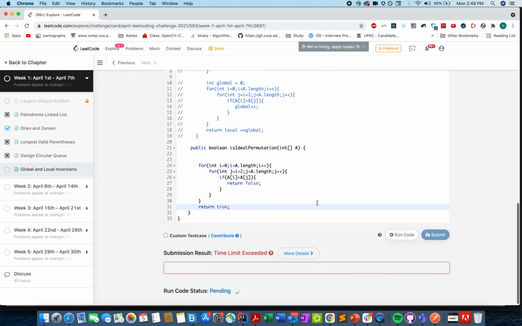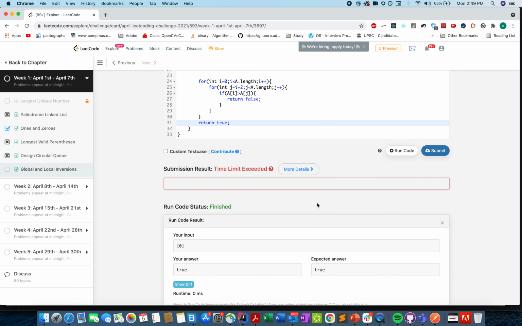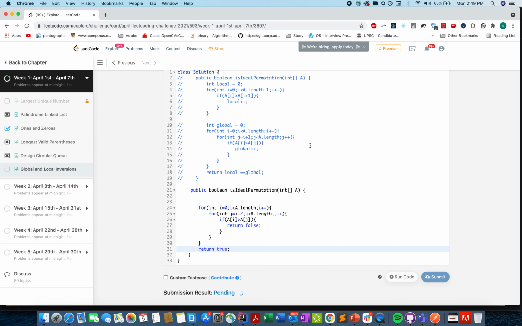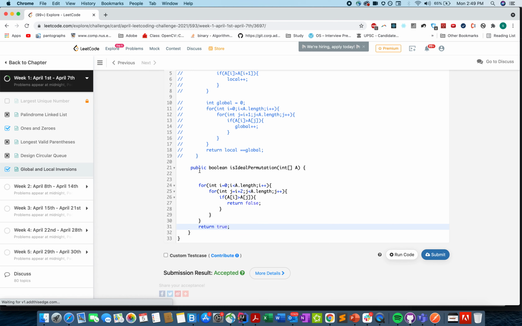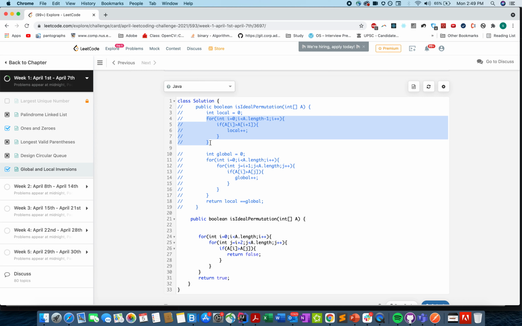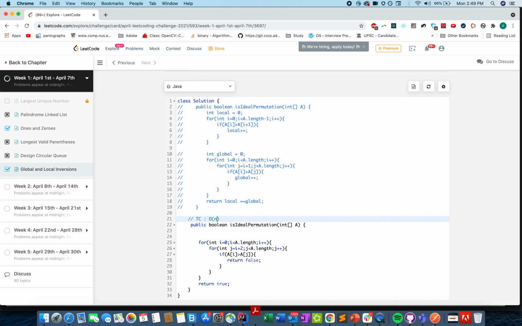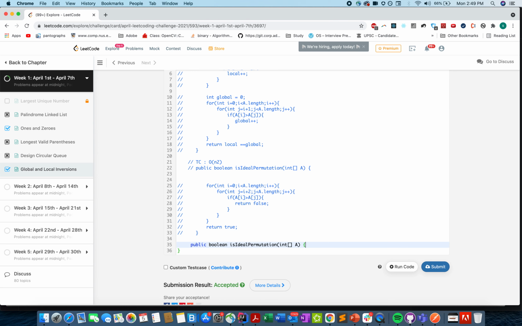So let's see whether this works or not. It worked. And let me just submit this code. Accepted. So we still have the third solution to write, although this is accepted because we reduce the complexity as we are not calculating the local counts here, and we are only going for the identification of the negative cases. The complexity is still order of n square. So let's write a better approach than this, and let me just comment this code. And let's go for the third approach.